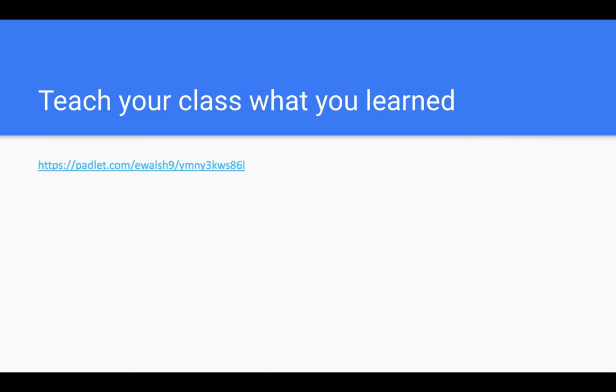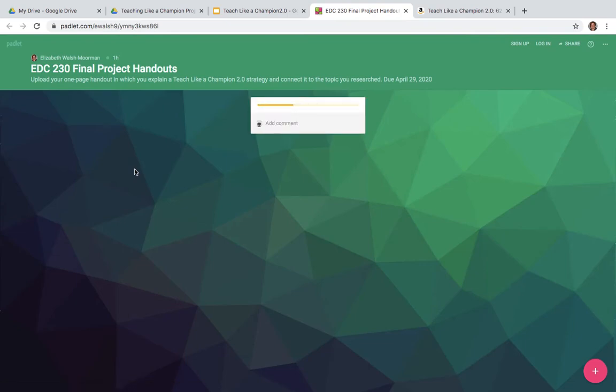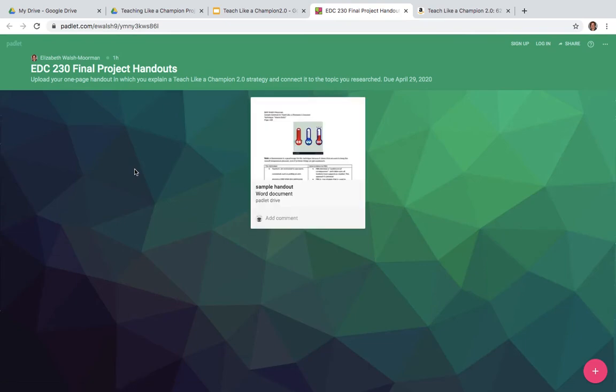But then, because I don't want us to just learn and not share, I created this website using Padlet. And this website using Padlet is